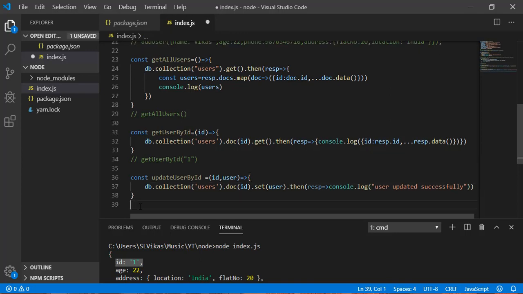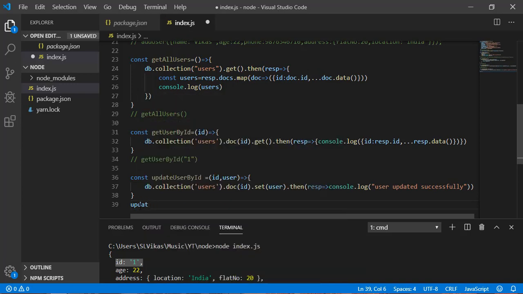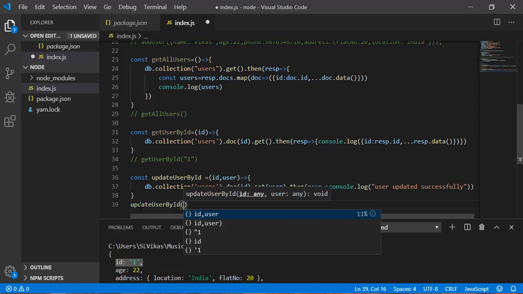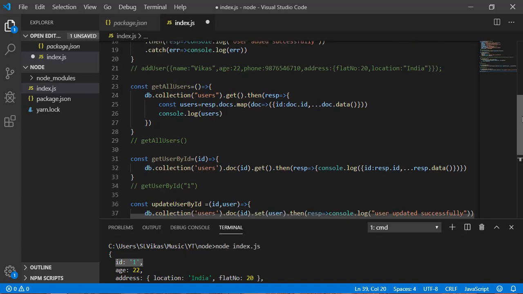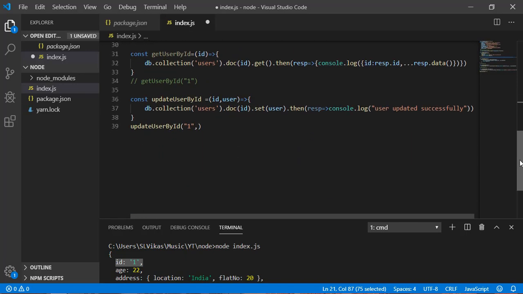So here what I will do, update user by ID, and I need to pass the ID first. So let's consider ID as 1, and next I will pass the user object. So let me copy this object from here. Okay, so paste it here, and I will change the name.